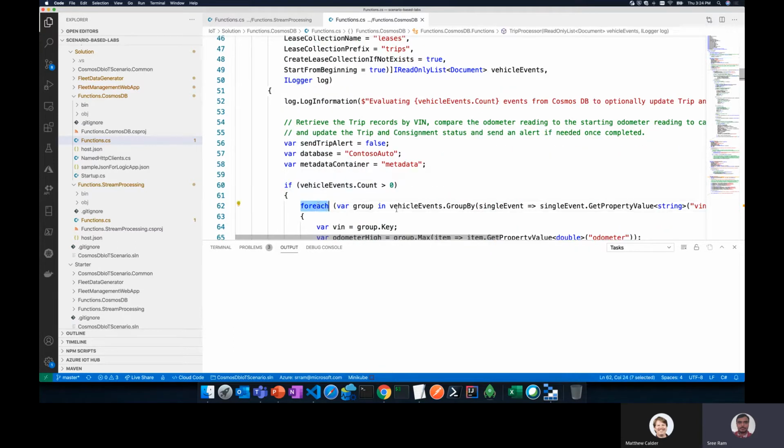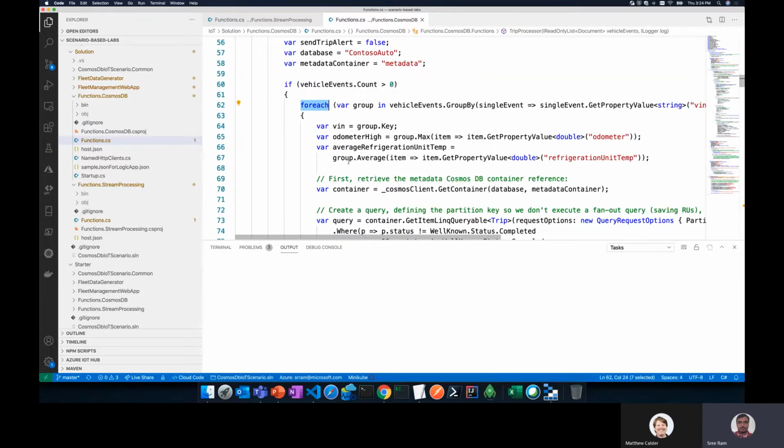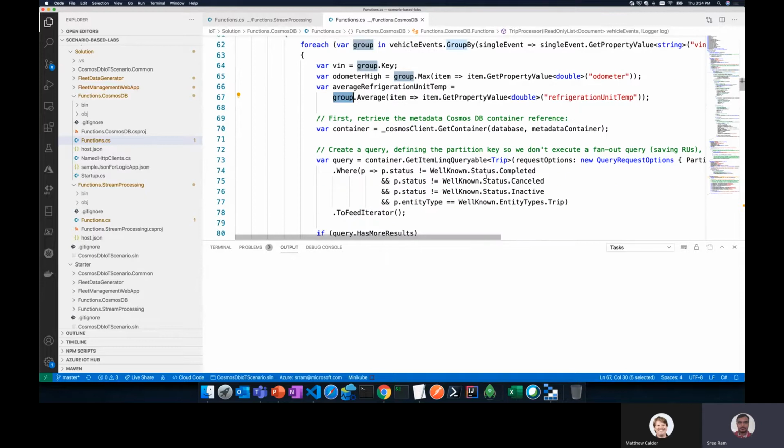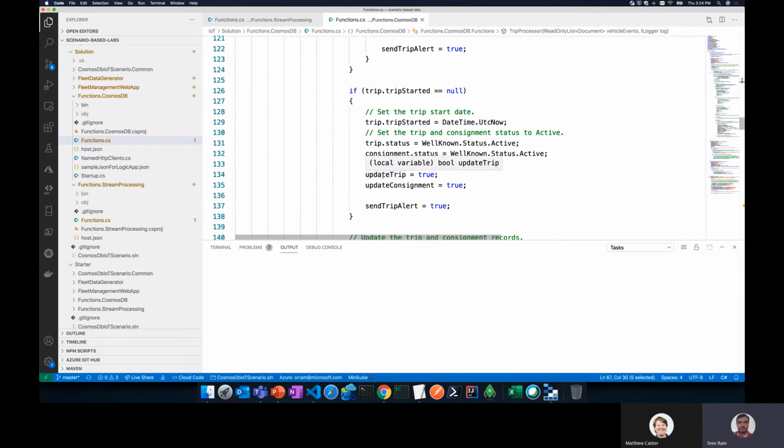In this case, for each record, or for each event that has occurred, you are actually computing an average. This is how you can write your logic. You can write as complex logic as you want in order to make such an action. For all the function code, you can use Visual Studio Code to develop functions, and once you develop your function, you can deploy it to Azure.